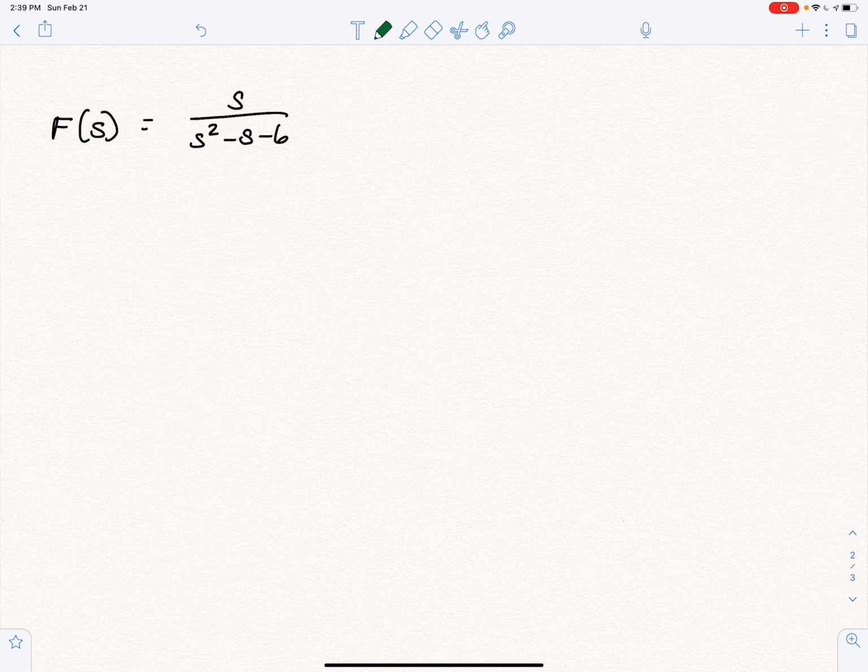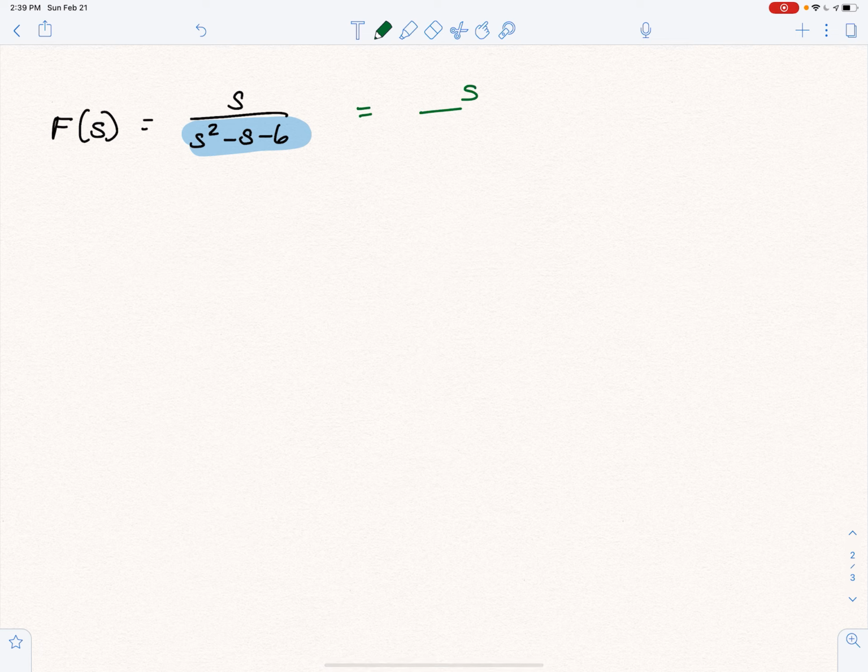So here's another transform that we would like to find the original function. In other words, the inverse transform. But notice that this one doesn't look like any of the basic forms that you've already learned. So remember, the denominator is the focus of the transform. So we have to make that denominator look like something that we've dealt with before and realize that this particular